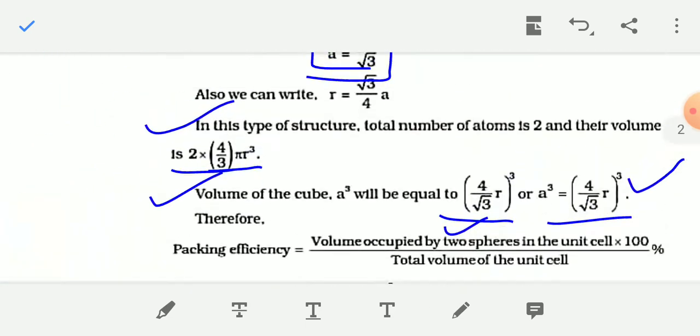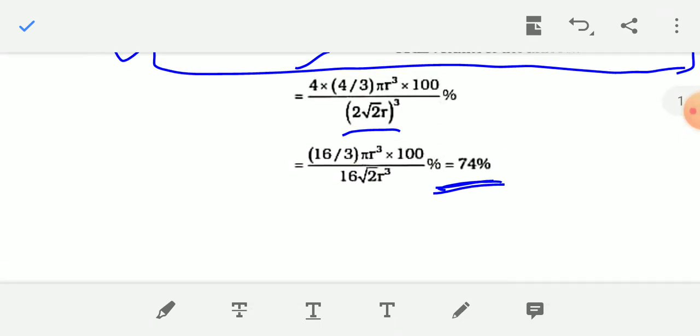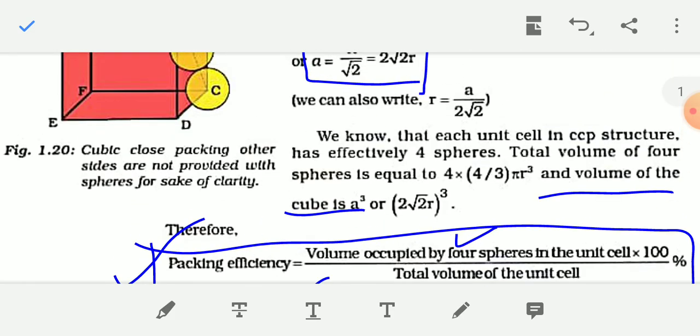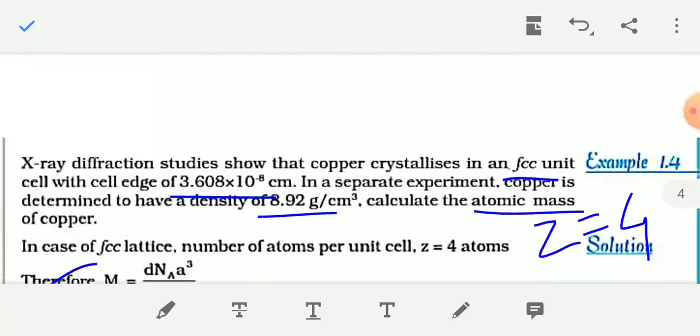And you also have to practice calculation of packing efficiency in different types of crystal systems or unit cells. Okay, and in the next video I'll discuss